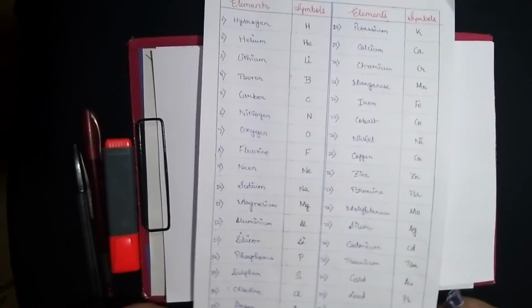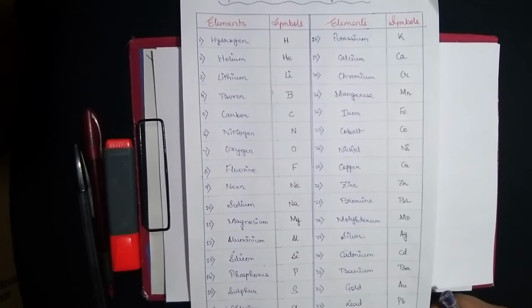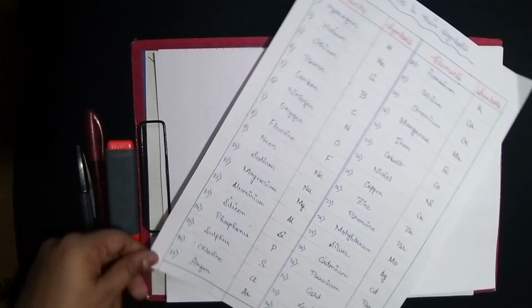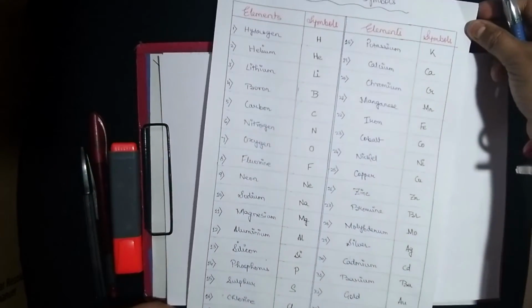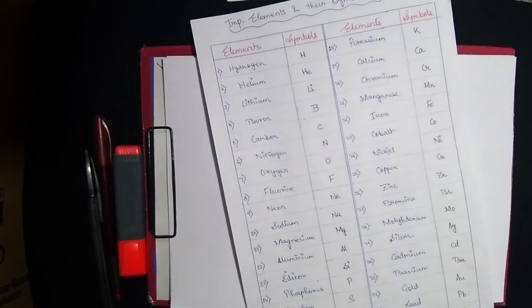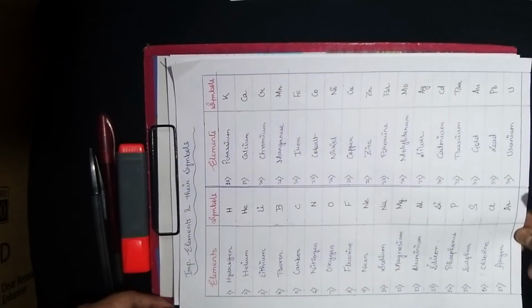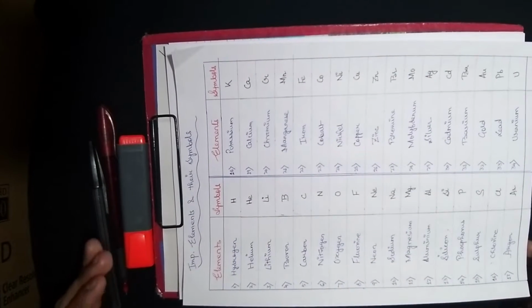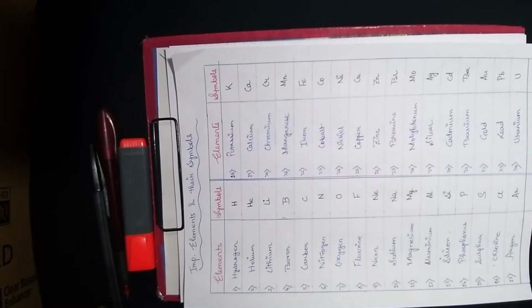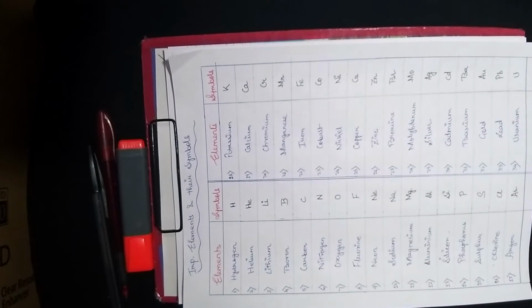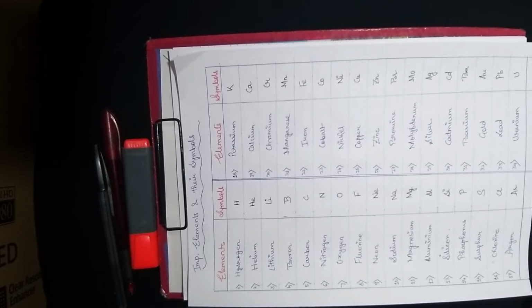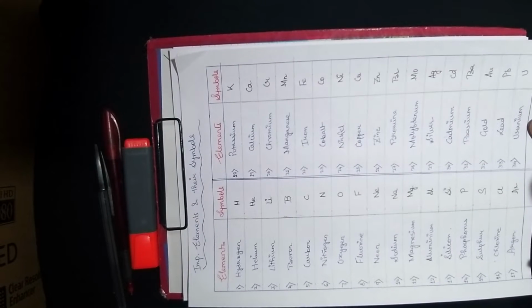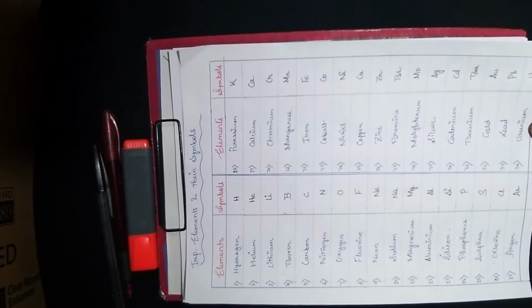Now moving further, you can write down this list as well. This is the list. Okay, you can pause the video and write down the complete chart which I am providing you. This is the complete list of certain important elements. Hopefully you have jotted it down. So we are now moving further. Now the next concept is